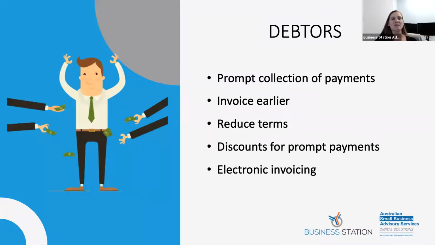Debtors are another key way to improve your cash flow. A really interesting ATO statistic for debtors is that small businesses in Australia are owed about $26 billion at any one time due to debtors. The best way to address issues with debtors is to collect your payments as quickly as possible, to invoice earlier. Maybe don't wait to the end of the month. Maybe send invoices straight away if you know your product or service allows that kind of process. You might not have debtors in your company at all, which would be fantastic. But you have to be really mindful if you do.